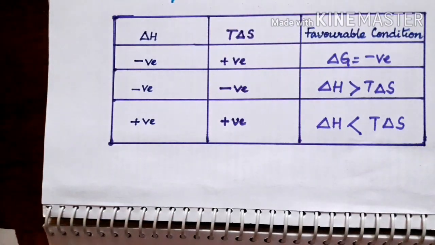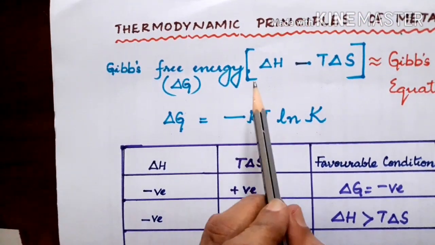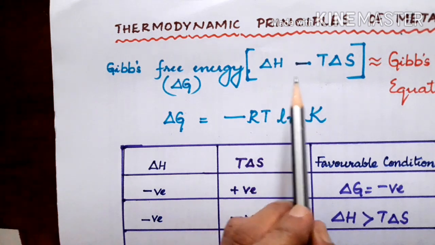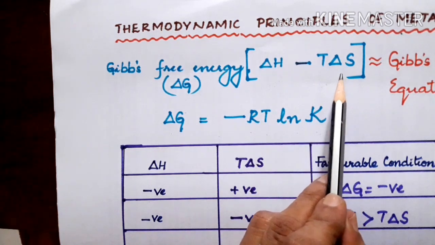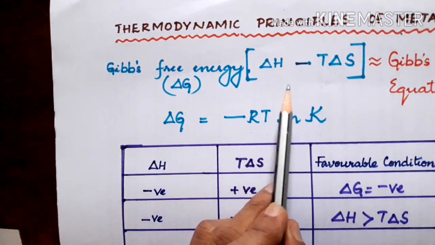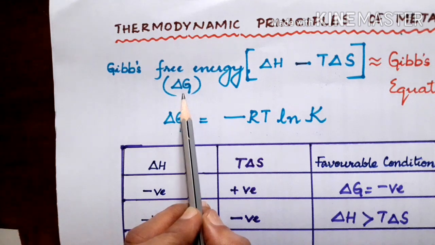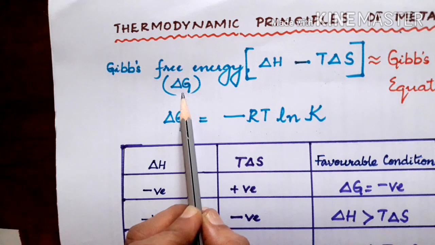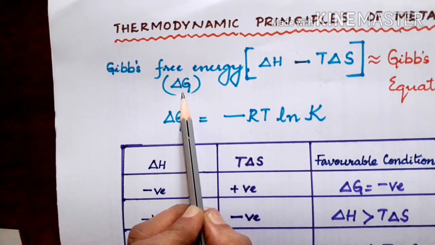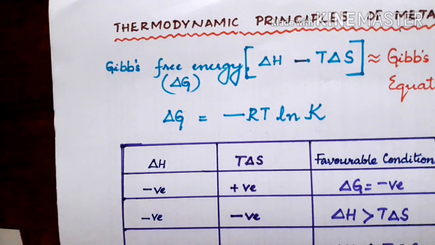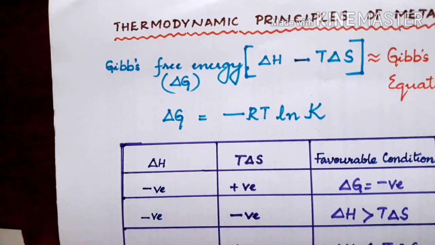On substituting the values in the Gibbs-Helmholtz equation, you find that delta S is negative and T delta S is more negative. That means negative and negative becomes positive, so the value totally becomes less negative. As a result, the Gibbs free energy becomes less negative as the reaction proceeds. This is the reason why the slope of the Ellingham's diagram becomes positive in most cases.